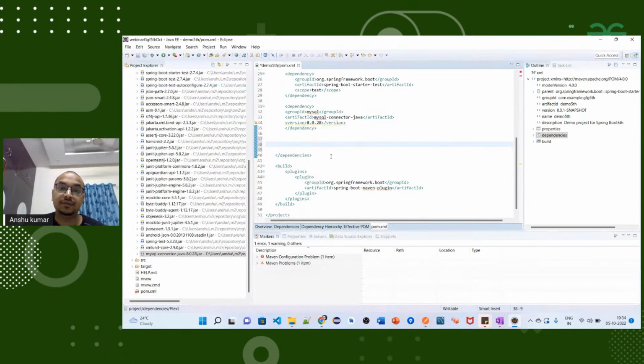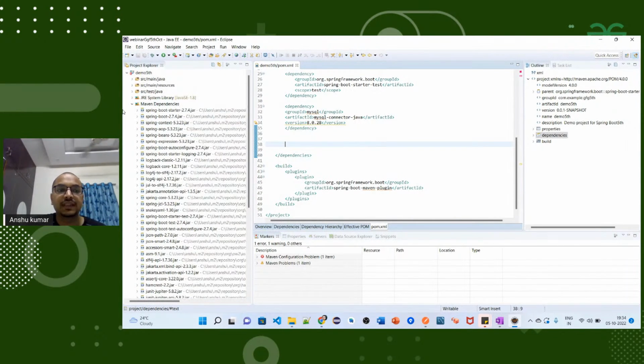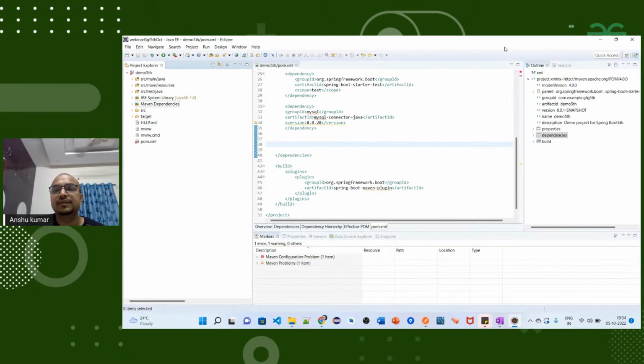Like, so where did it download from, right? That is the main question that comes to your mind. So coming to that, let me tell you where did it download from, and where will it be present. And using that only we are going to see the various life cycle of